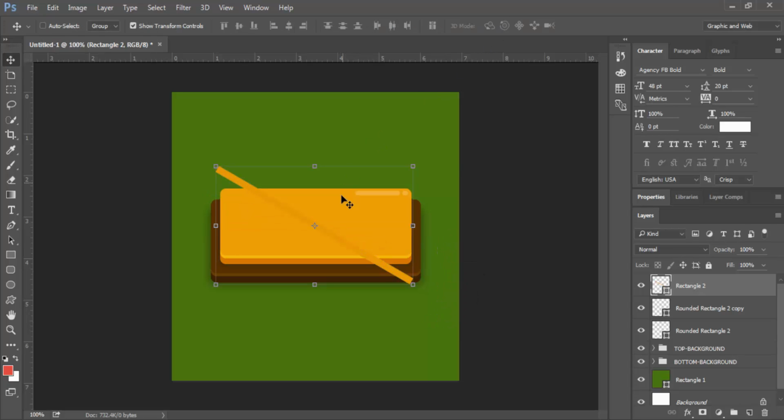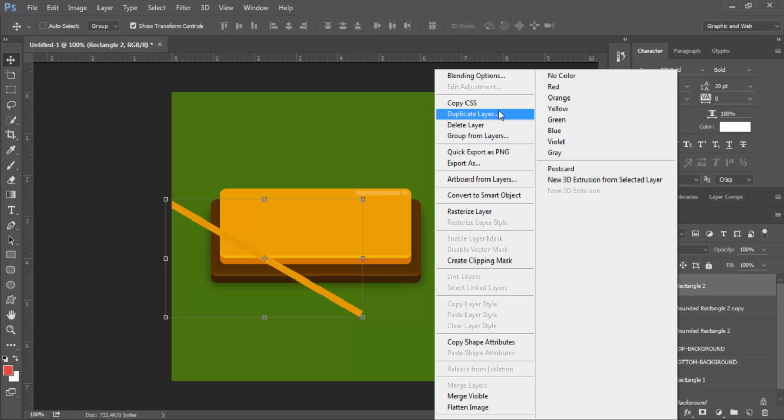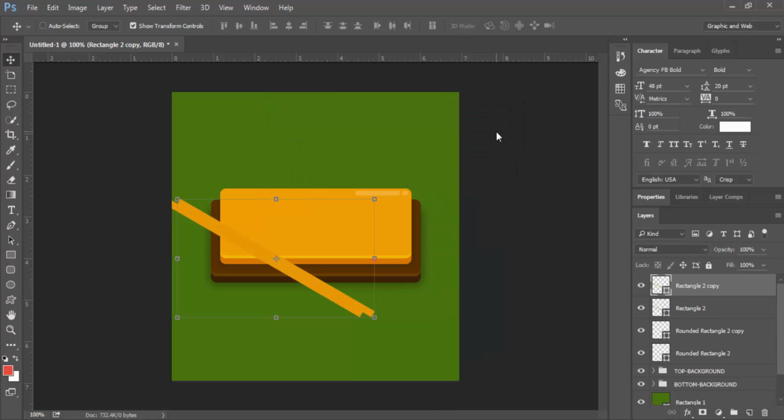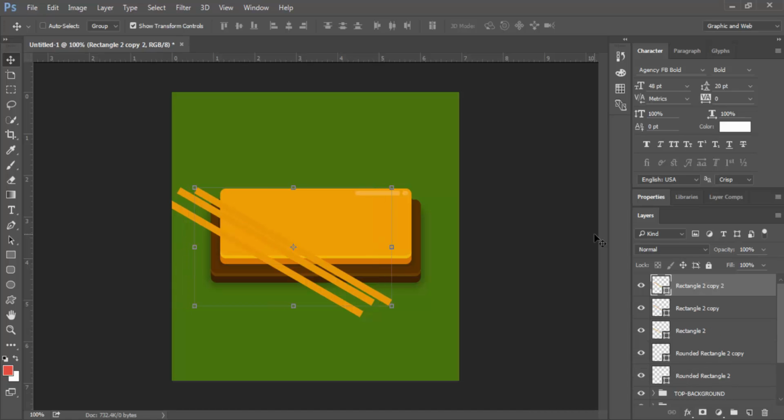When you rotate the rectangle, use the shift key, and duplicate. Use Ctrl-J to duplicate quickly. And we duplicate it.